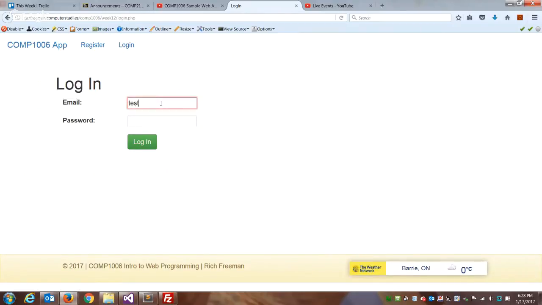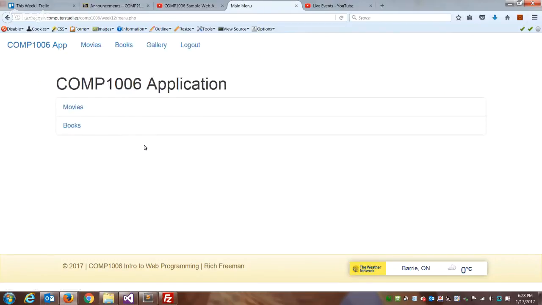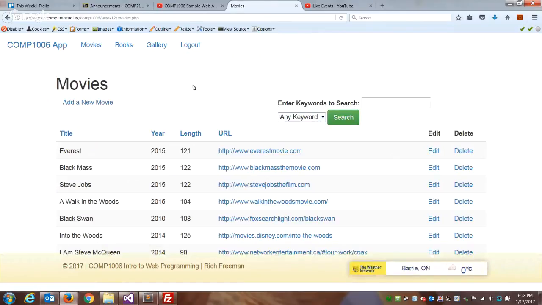So if I log in with a valid credential, I get into this private area. The movies pages, that's what we're going to be building each week in class, in the online activities. And then the book section is what you'll be doing for your labs, where you're basically repeating functionality and working on your own. So inside of movies, what we want to be able to do is